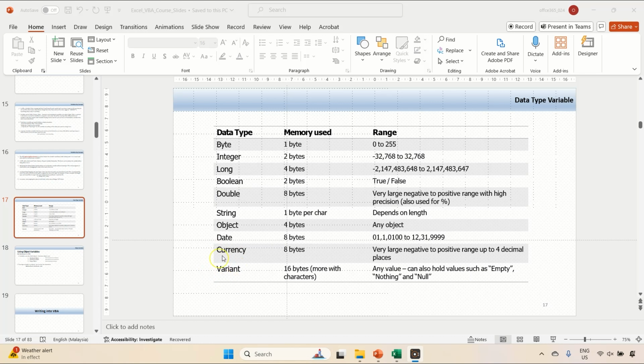And then you have the variant. This is a very important type of variable, because you will see throughout the course that I use this a lot. Why do I use variant? Because the first thing you have to understand is that the variant is such a versatile variable. It can be basically anything. It can be numbers, it can be text, it can be string. So if you're not sure what your variable is going to be assigned during